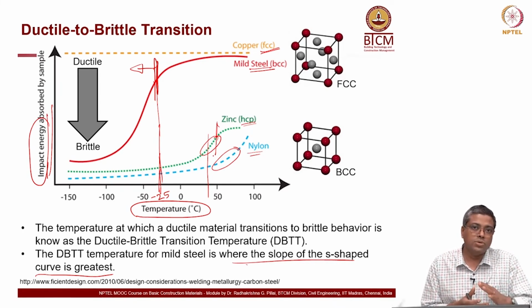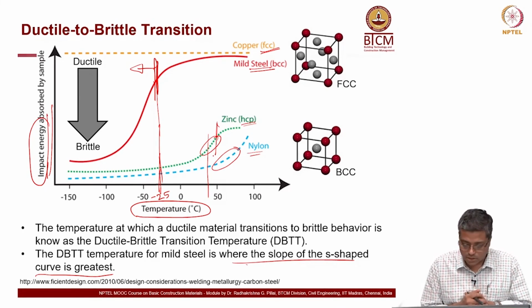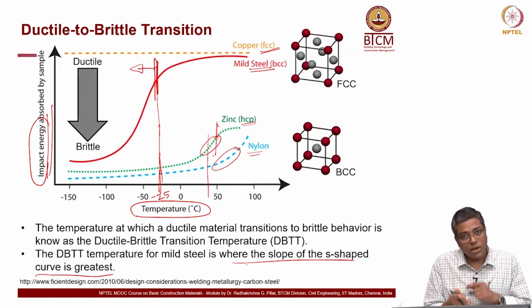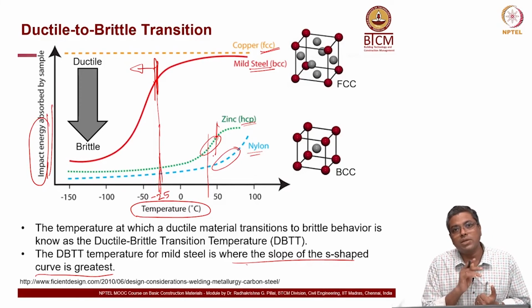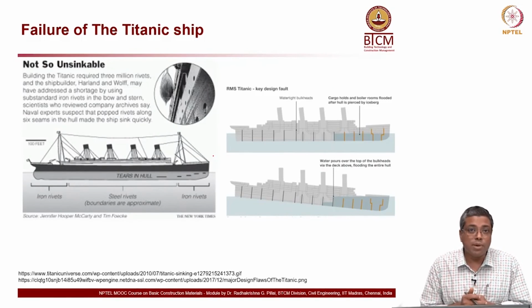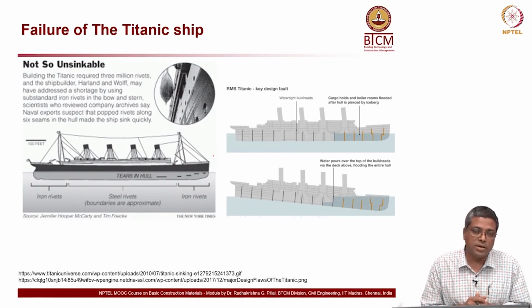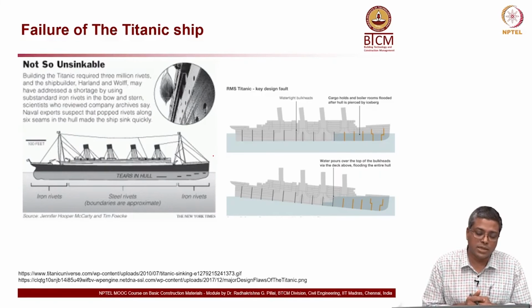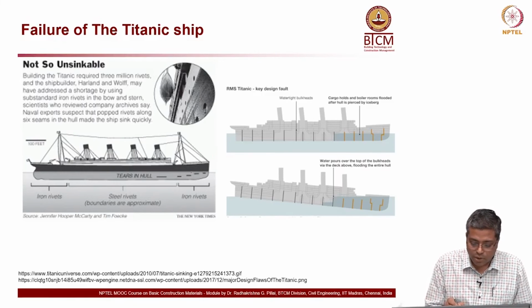So, people started using steel, that is how the change came, but this steel will become brittle when the temperature is less than minus 25 or less than that. Okay. Two examples of a large scale failure because of this ductile to brittle transition. One is about the Titanic ship. Okay, what happened, the story,